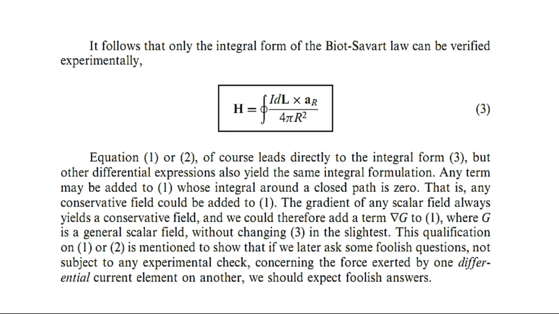Any term may be added whose integral around a closed path is 0, like a conservative field. That is, any conservative field could be added to 1. The gradient of any scalar field always yields a conservative field, and we could therefore add a term, the gradient of G, to 1, where G is a general scalar field, without changing